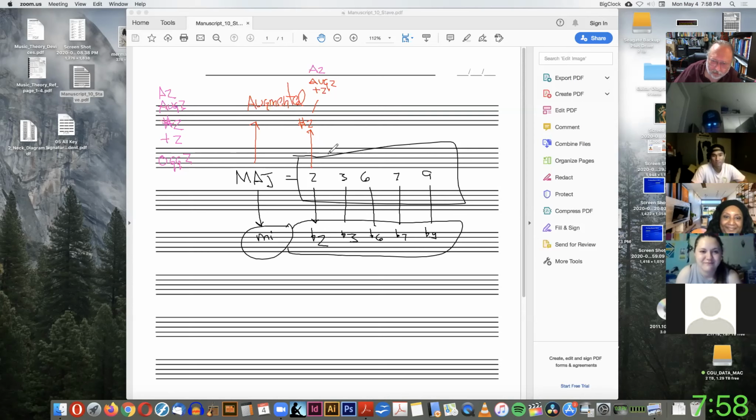Anyway, so a sharp 2 is augmented. Now a 3 up a half step is a sharp 3. So that's an augmented 3. A 6 up a half step is a sharp 6. A 7, well, if a 7 went up a half step,